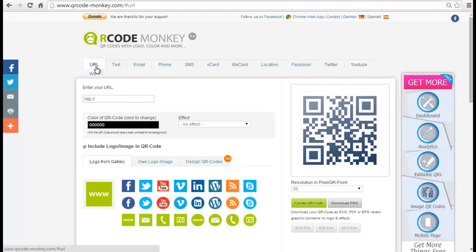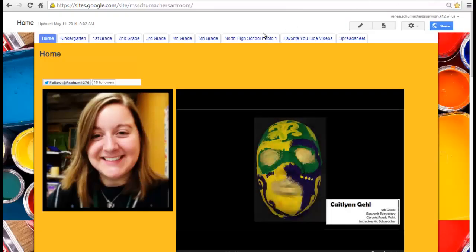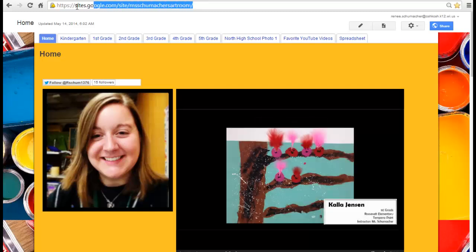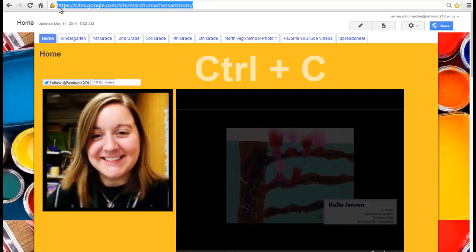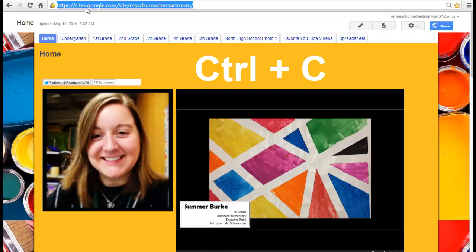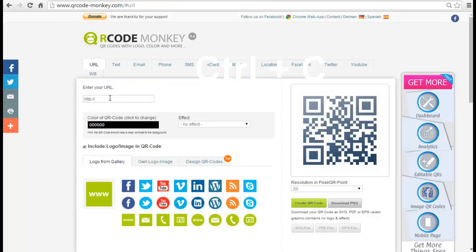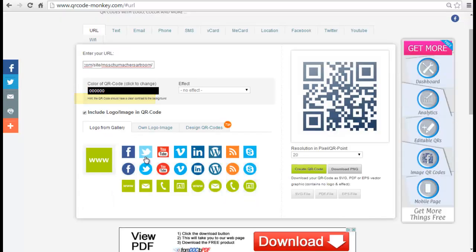So let's do a website QR code. I'm going to click on the URL tab right here, and I actually have my website open that I want to have the QR code made for. So what I'm going to do is at the top I'm going to Control C, which is copy the web address, and back at my website QR code creator here I can paste that address into this space here. And if I wanted to create an image to put in there too, I could. Let's just pick this one so you can see, and then I will click Create QR Code,